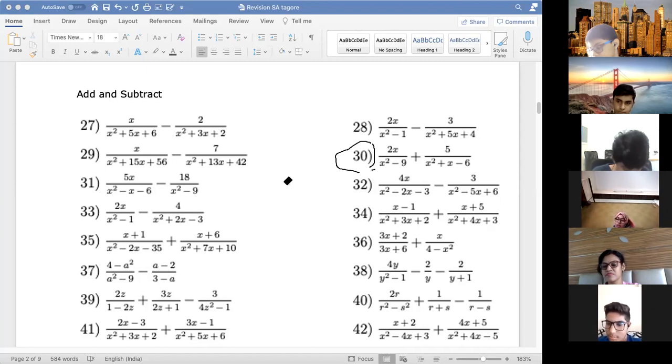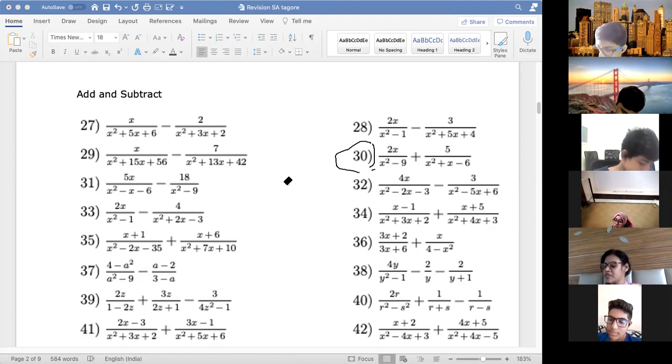Ma'am, I put the wrong sign. So what will be the corrected one? It will be plus 3x minus 2. Correct. See, plus 3 and minus 2 is minus 6, that is okay. But plus 3 and minus 2 adding is plus x. So that is your term. So this is correct. So that is why you are getting x plus 2, x minus 2 in the LCM.